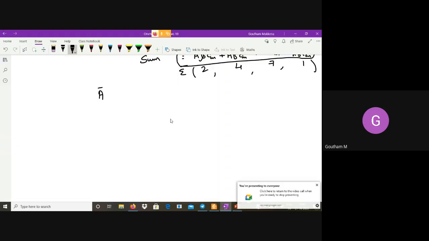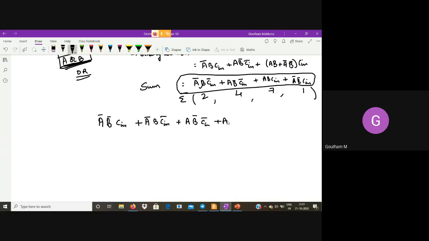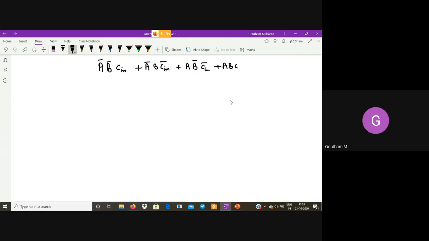So go by the expression. The expression is A bar B bar Cin plus A bar B Cin bar plus A B bar Cin bar plus ABC. Okay, so from this expression get the CMOS implementation.